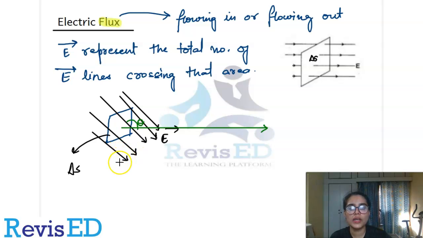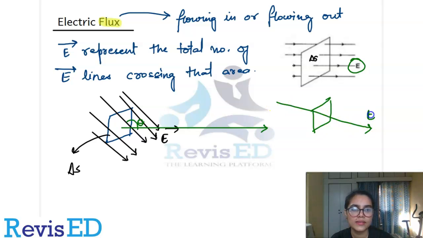They are smaller, as the projection of the area element is normal to E, and there is a component of E over here. Earlier the entire E was passing through this surface. Now if you consider this as the surface and these as the electric lines of force, there is some angle. The complete E is not acting on this surface. Now we have a component E cos theta which is playing the role. Earlier it was E which was playing the role, but now you have the E cos theta component.